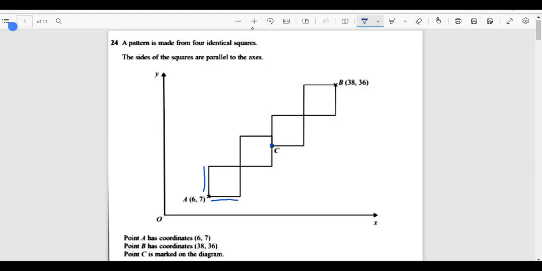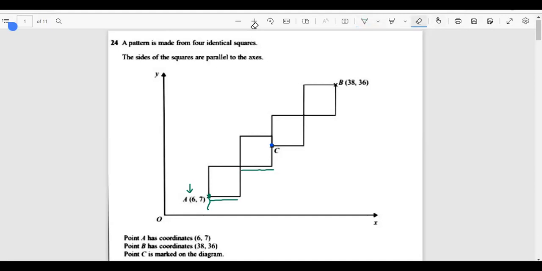I need to find the coordinates of C. That means I need to find, I'll just make lines using some other color. I'll be finding this length, and I'll be adding it to X, because that would give me the X coordinate. So let's talk about the X coordinate first. The X coordinate of this point is 6, and the X coordinate of point B is 38. So what can we say through that? Between them, it's a gap of 32, and there are 4